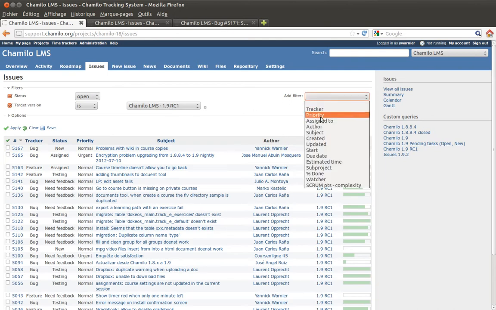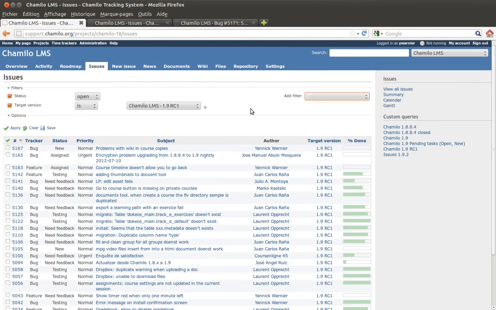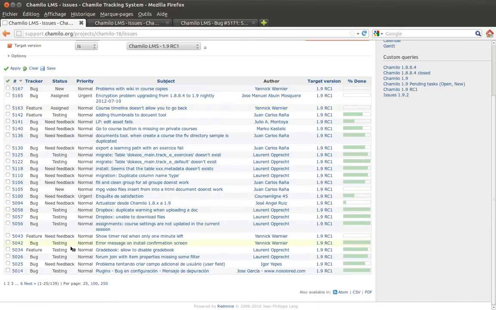You can say, oh, I want the priority to be high. I want to see only the issues of which the priority is high. I want to see only the tasks that are complete at more than 50%, and then I would put a person done here, that kind of stuff. Okay, you have pagination, so you can decide whether to show 25 or 100 or 250 in only one page. You can see here that we have 25 per page, and we have 6 pages only